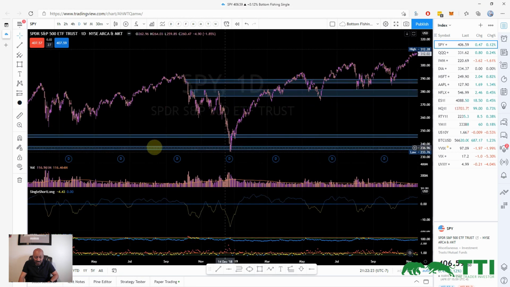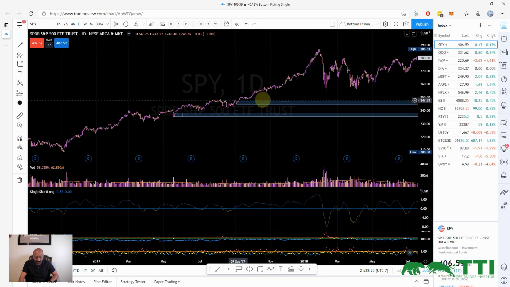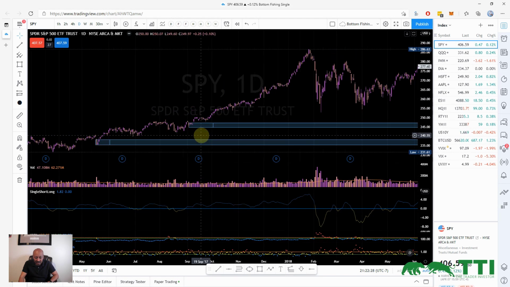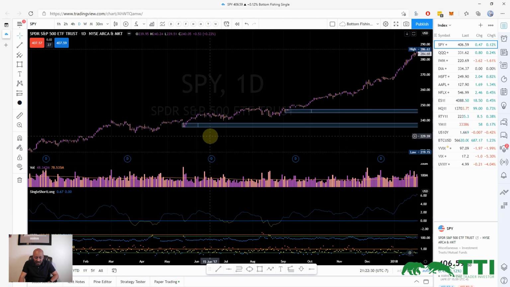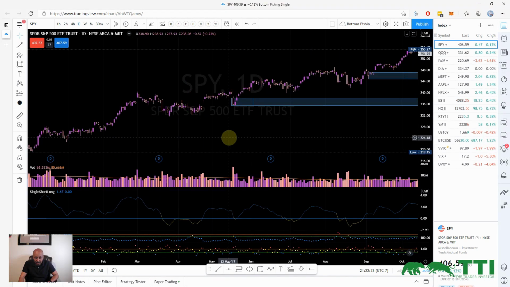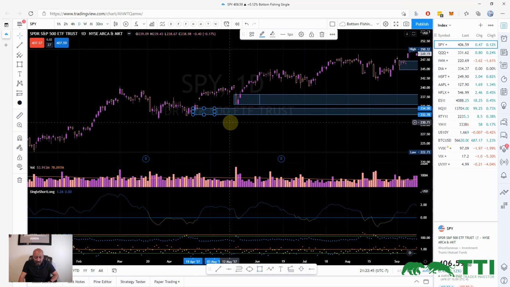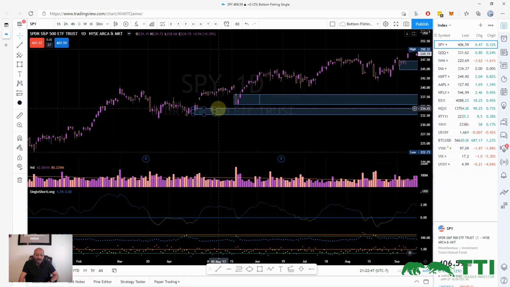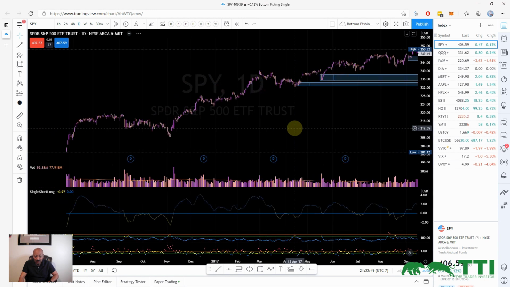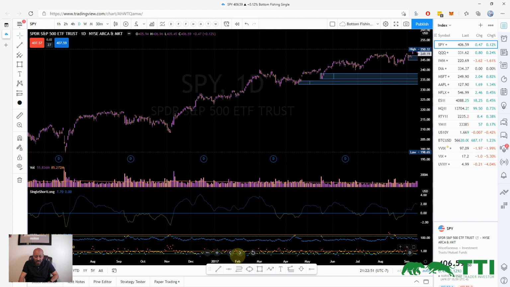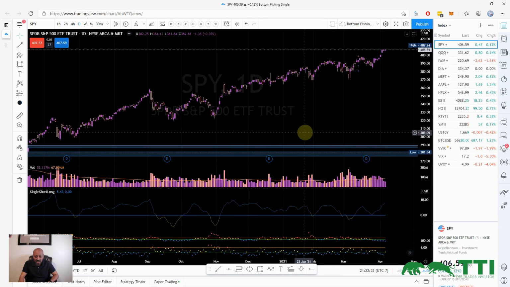And just for fun, let's do this. Prior to this, what was the last potential mitigation? So price made a high here, so somewhere here is the last one. Somewhere here is an order block. This is an order block. So if we go to the end,